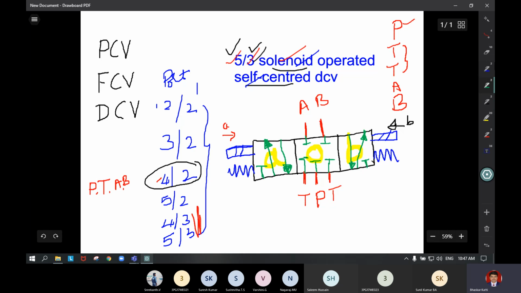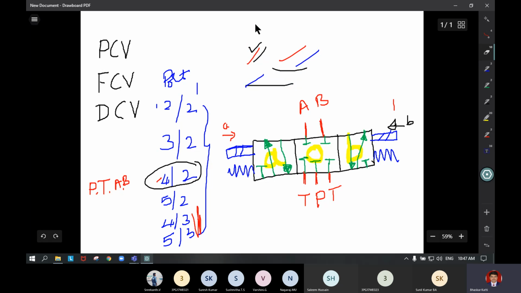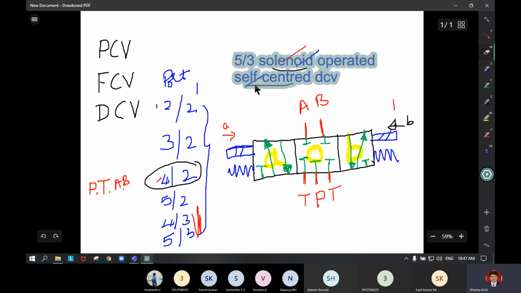Right? So this is the complete graphic symbol for solenoid operated 5/3 direction control valve. So observe the operation now.